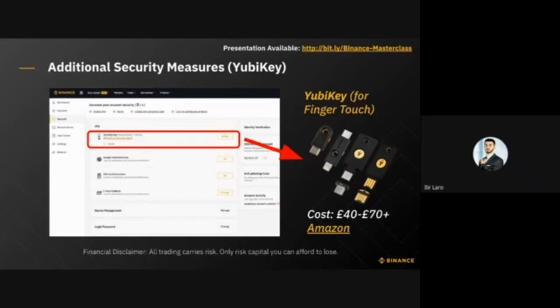And essentially, a security key is a way for you to secure your account using a fingerprint or finger touch. So the YubiKey, you can see here as an example. They come in all shapes and sizes, different formats, different makers. Typically the cost for a YubiKey would range from about £40 to £70. I would recommend people have a YubiKey or some type of security key, because it allows you to secure your